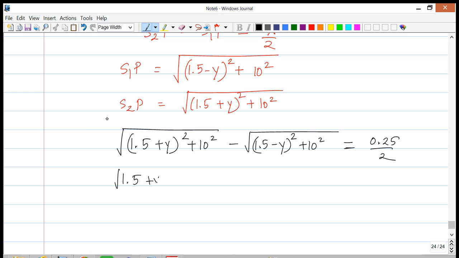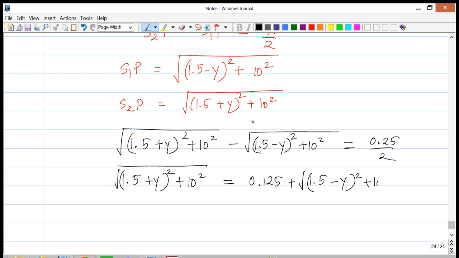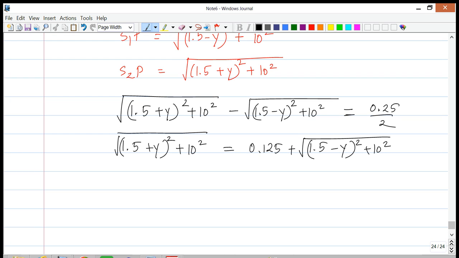So you'd have (1.5 + y) the whole squared plus 10 squared, which will be equal to 0.125 plus the square root of (1.5 − y) the whole squared plus 10 squared. Okay, now what you will do is you will square both sides. When you square the left hand side, you get (1.5 + y) the whole squared plus 100, and the right